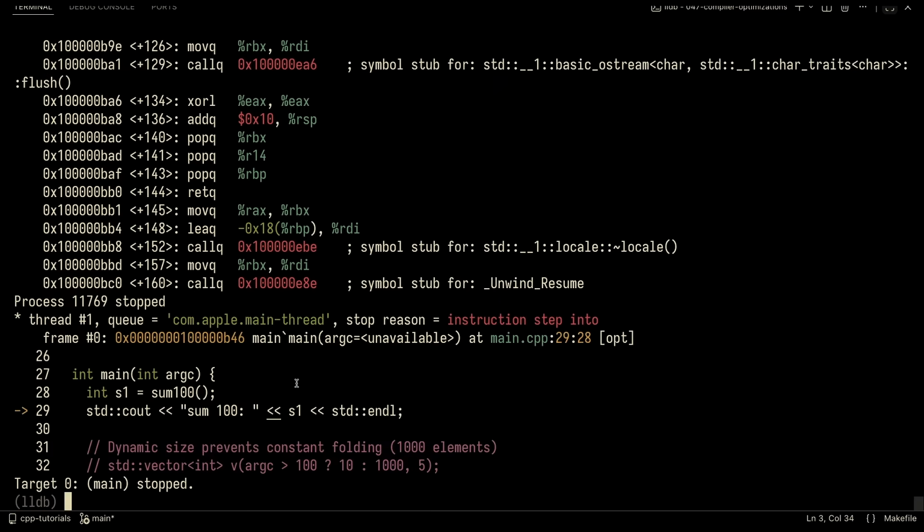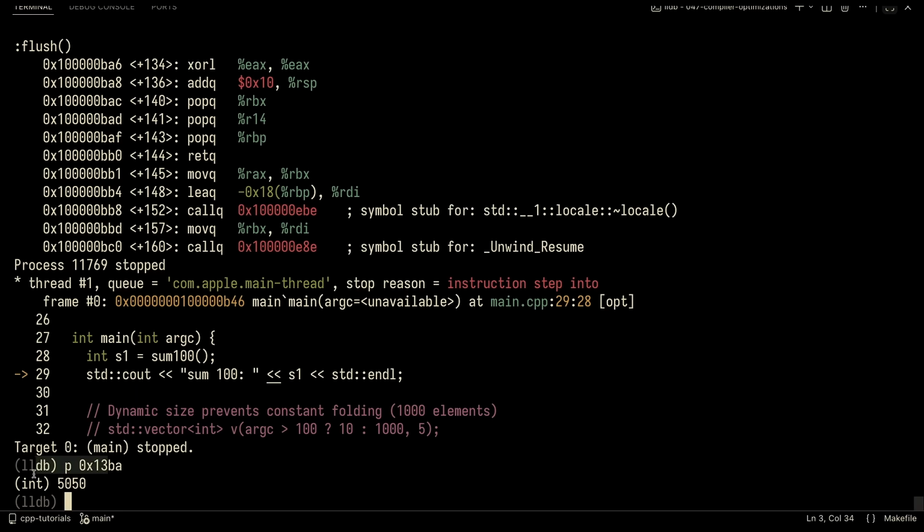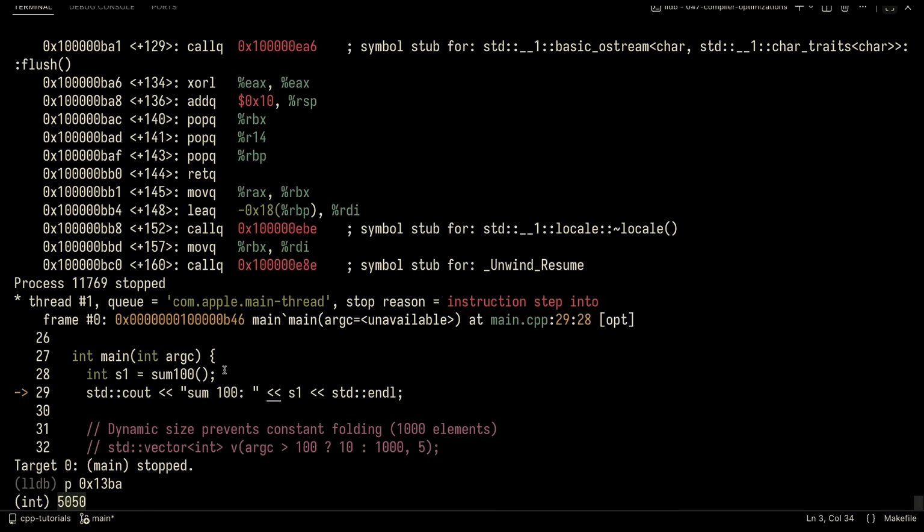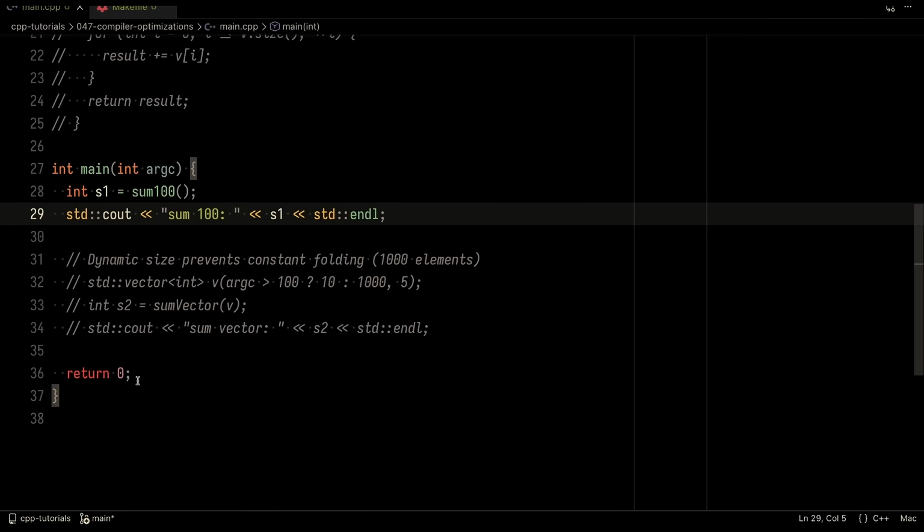So I've copied that and I'm going to do P like so. And there you go. If I print out this variable, it's generated to be 1550, which means that the compiler optimized away the entire sum100 function behind the scenes. That's absolutely insane. And that's why you want to use compiler optimizations, because when you or I look at code